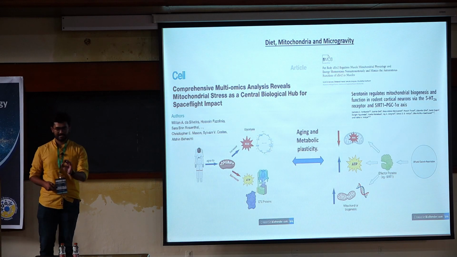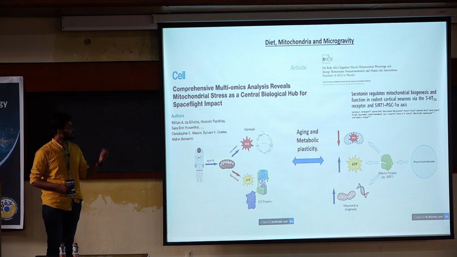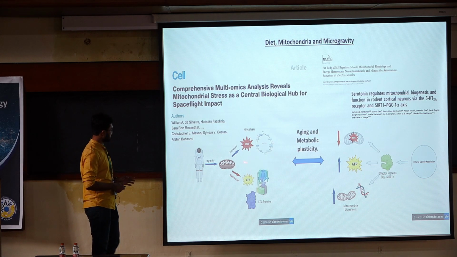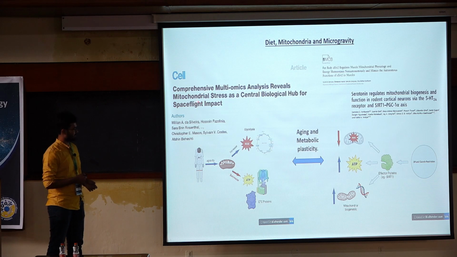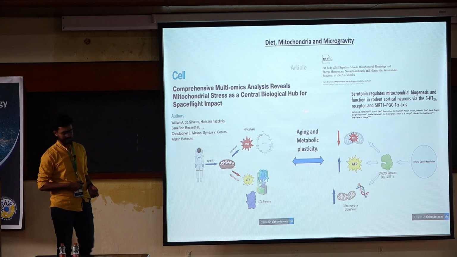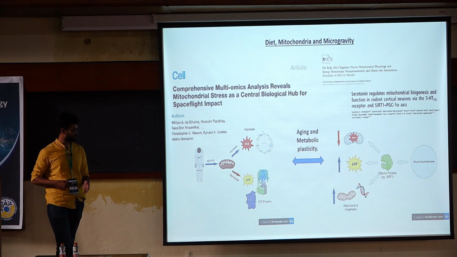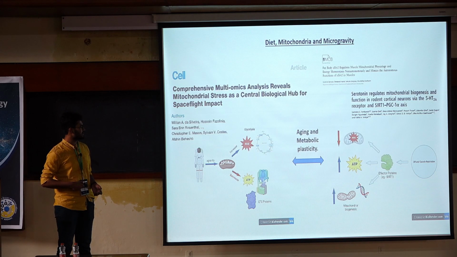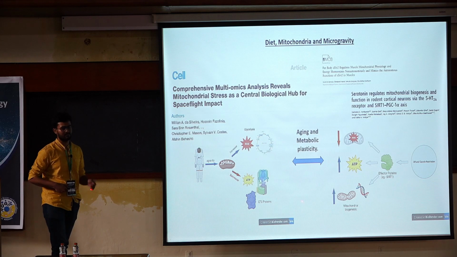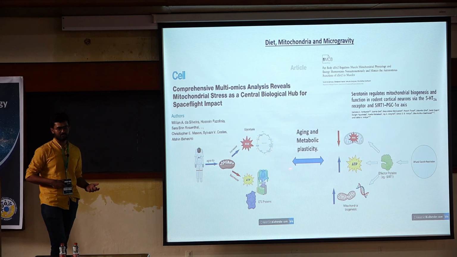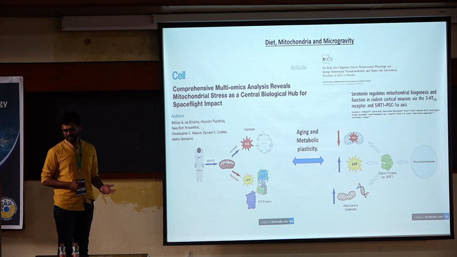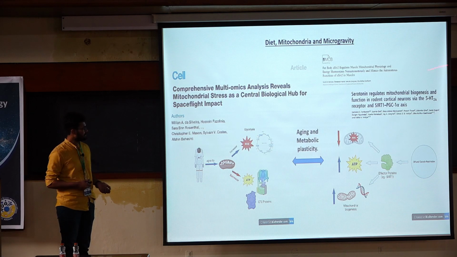Now, as I said, I will be focusing mainly on mitochondria. There is an intricate interplay between diet, mitochondria and microgravity going on here. If you see this paper in Cell which came out in 2020, by multiple omics analysis they showed that astronauts after coming back from space have increased ROS levels and glycolytic TCA flux, whereas there is a decrease in the cellular energetic status, including ATP as well as the proteins involved in the electron transport chain, which actually generates the energy.